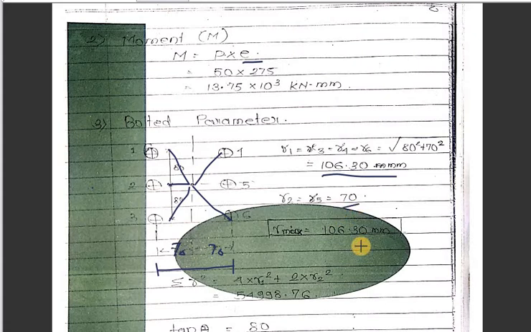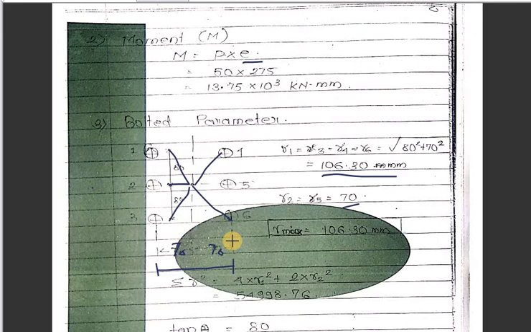So how to find out the radius of gyration is very, very important. This concept I am clarifying here. We have to first find out the radius of gyration, or the distance, of all the bolts which we are providing. The distance of each bolt. This problem was very simple because it has only 6 bolts. If there are 10 bolts, the complications will be more.